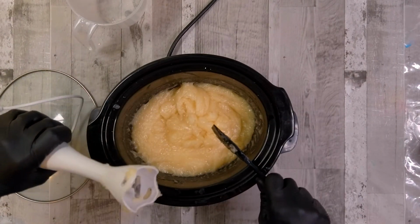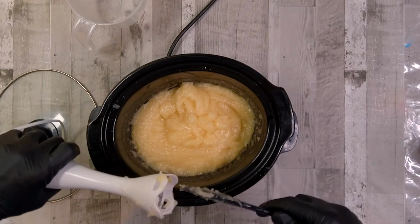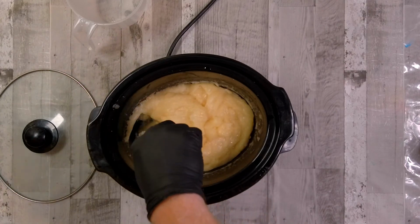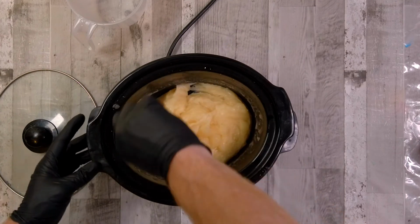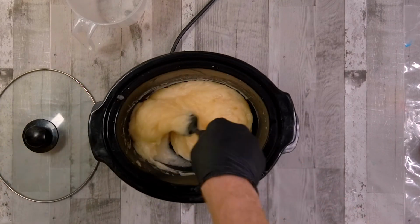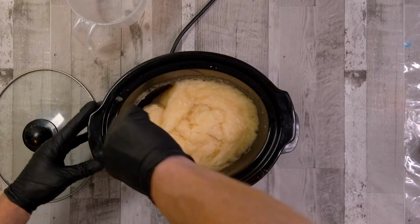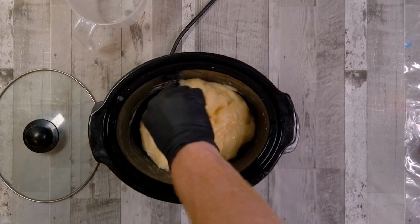So what we're going to do here is give that a really nice stick blend. We're going to pop the lid back on, and it goes in for another cook. And we're just going to keep cooking this and coming back and checking on it every 5 or 10 minutes, I think it was, just to make sure we're getting to the right consistency. And then basically it gets left, and we come back to see what we get in a later stage. So this is the first stir. Give a good old stir up here. We'll pop the lid back on, and then we'll speed through to when we...